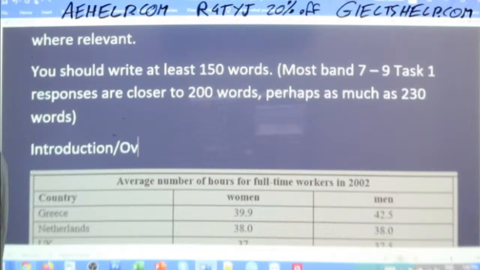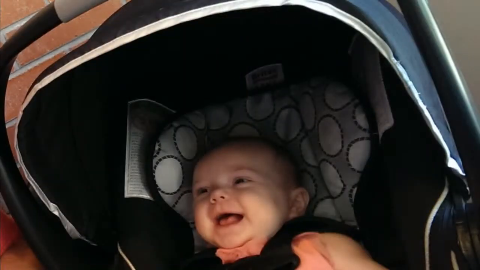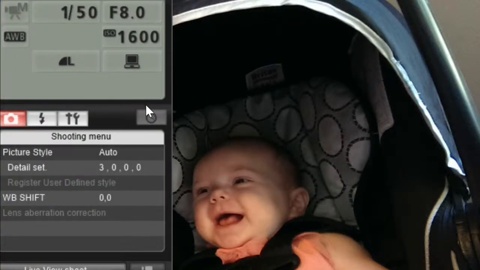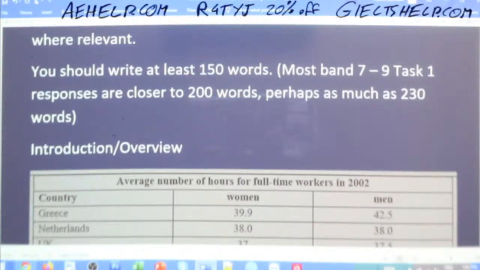And students, there is no such thing as an IELTS essay. This is an expository essay that's used in the IELTS. Sometimes students ask what's the right essay for IELTS, and that's kind of the wrong question. The better question is, what is a correct expository essay for task 1? Then you'll avoid all of that confusion that's being taught around the world.